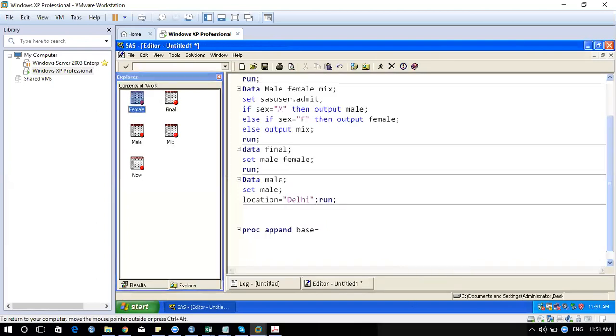So my target is to add the male data set on the female data set so that I should not get locations. Correct. So if I take female as base and the data which I wanted to add as male, we already knew that in female we don't have locations, but in male we have a location. If you try doing it,